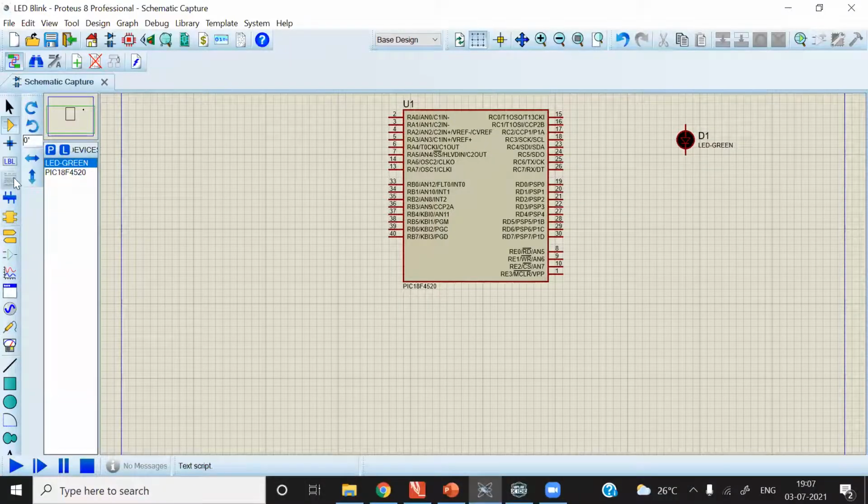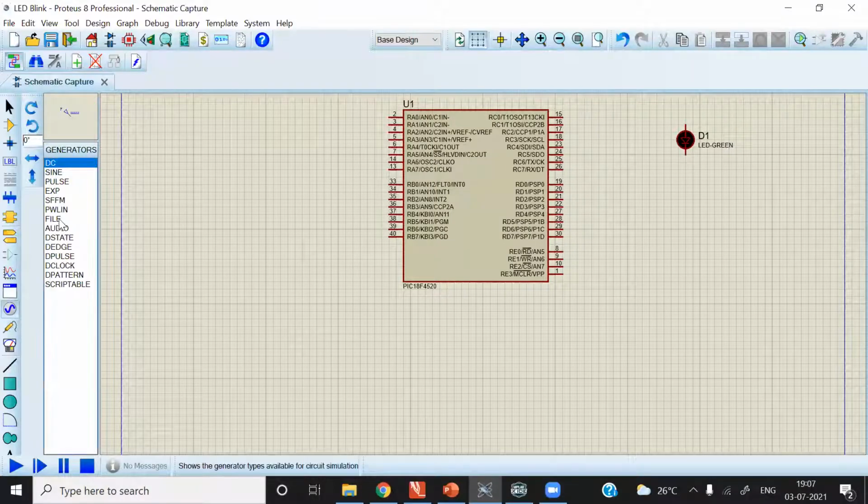Okay. So mostly the left side toolbar we are going to use frequently, and the other available tools we are not going to use that frequently. These are not much used toolbars. So we will just click on this sine icon, sinusoidal waveform, generator mode, and from that you can choose DC, because we are going to need a DC power supply.